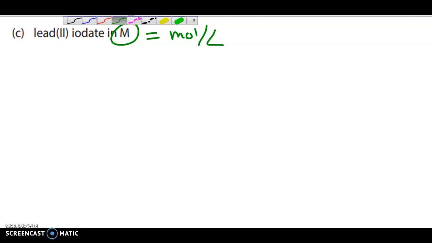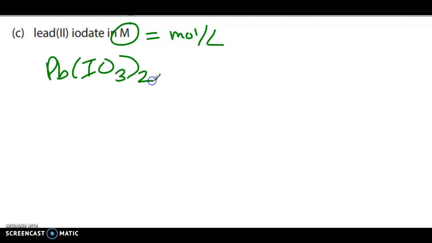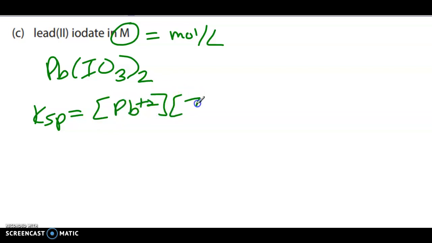Okay, so now we're looking at lead 2 iodate. So we have Pb(IO3)2. So our Ksp is going to be lead positive 2, and then iodate with an exponent 2. Okay, so now remember when we're doing our X values,